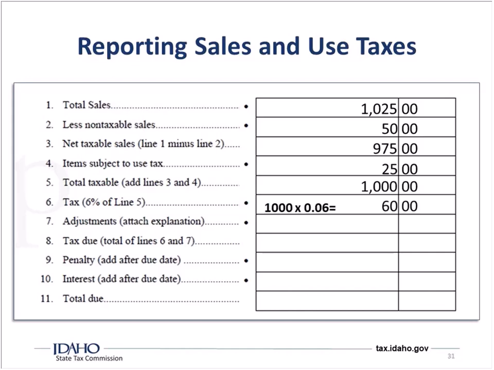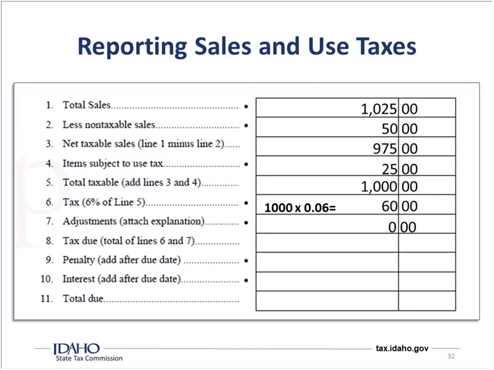So we're going to figure out our tax on $1,000, and that is going to be $60. So that should be the $60 of sales tax that you've collected. And then we have adjustments. The next line, the adjustments occur, for example, when you've sold a product and you've collected tax on it. And then after you filed the taxes, the customer returned the item. So you've refunded them their money, including the sales tax, and you've also paid that tax to us. So now you've paid the tax and you've refunded it to the customer. So we allow you to claim that back right here on this line so you don't get double dipped.